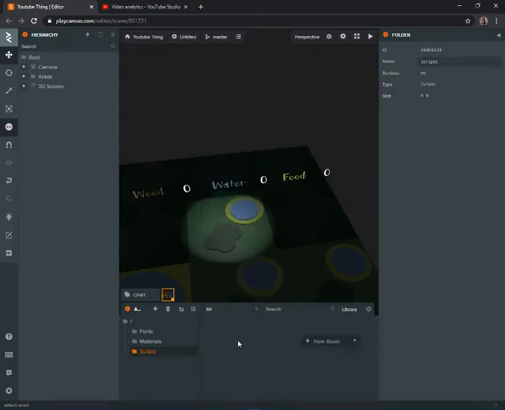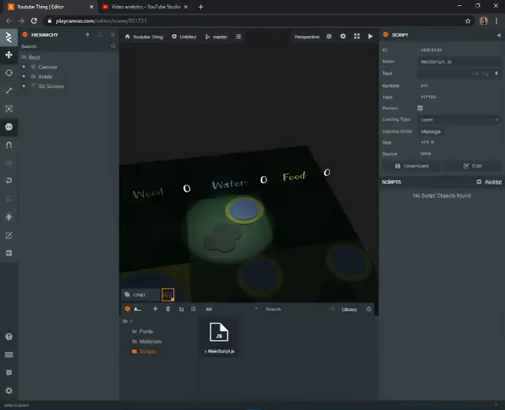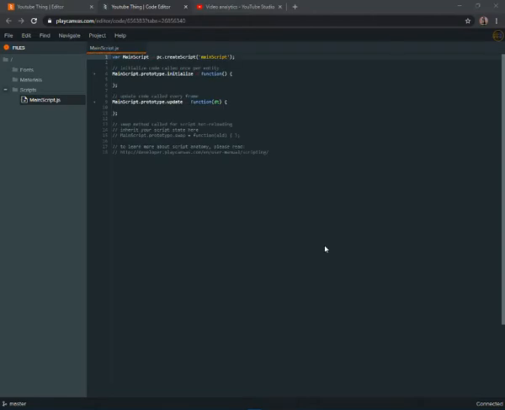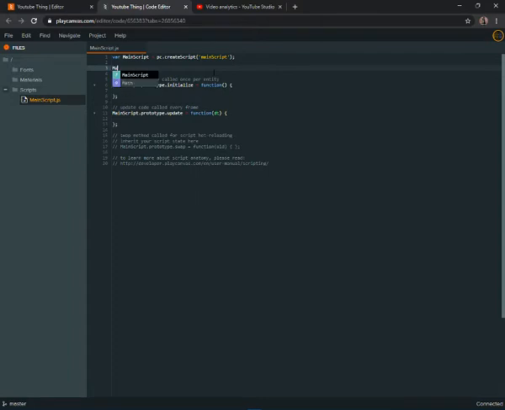So what we can do is create a new script called main script, and we're going to enter the script, and then this script will do everything we need. So first we need to do a lot of stuff here. We need to say main script dot attributes dot add,